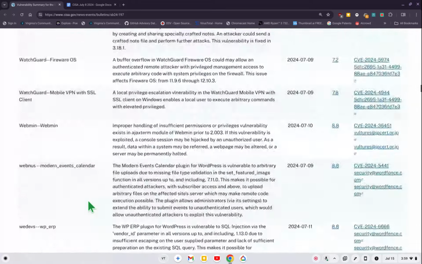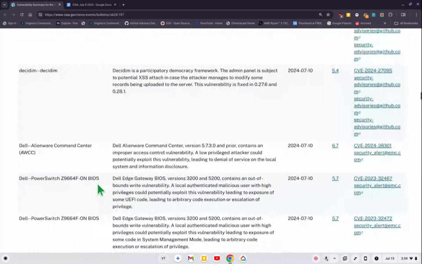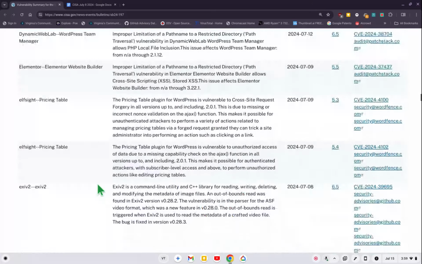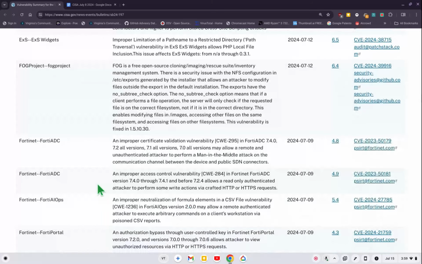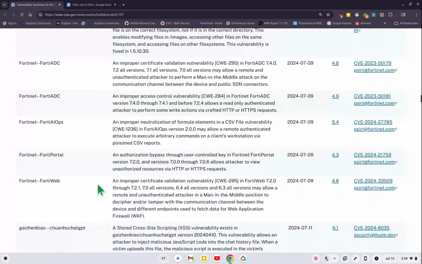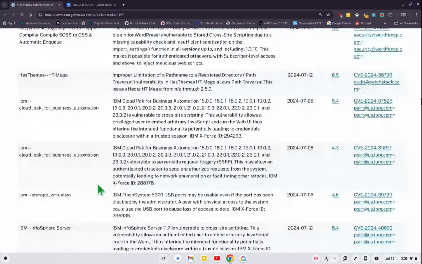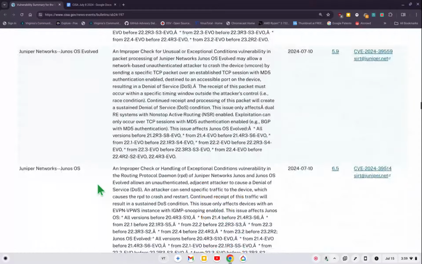All right, so let's just keep going. I just want to show you how long this is. I think I counted 288 of them for this past week. I don't want to make you sick, but you got Docker, you got EXS, you got Fortinet, you got GitLab, Google Android, you got IBM, you got Juniper again,